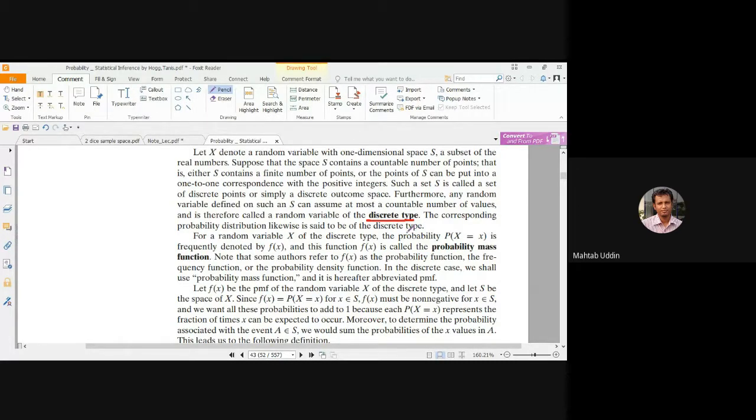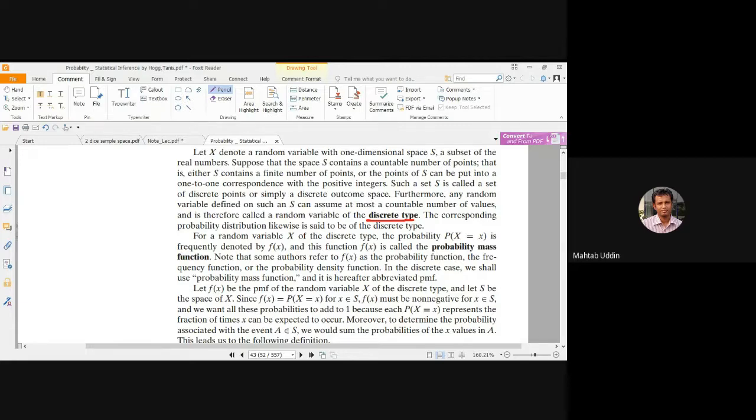The dice throw, you can count 1, 2, 3, 4, 5. CGPA, you can count 3.1, 3.4, 3.45, 3.9. You can count, right? Yes, sir. These countable random variables are called the discrete type, and the probability distribution for this discrete type is